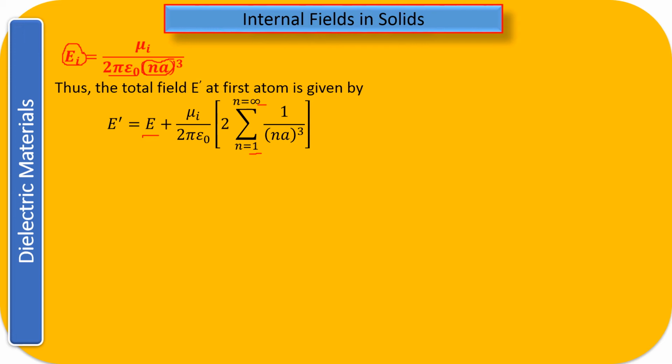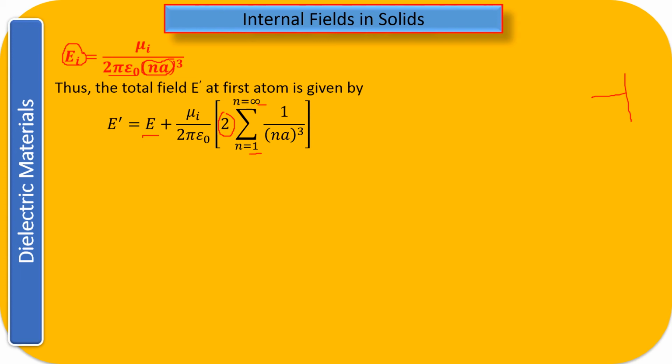So infinite number of atoms we have. And now this has been multiplied by 2. Why it has been multiplied by 2 is, let us suppose any atom X was over here. This was the atom X that you had taken, and you have calculated at a distance Na because of this atom on one side. Similarly, you have the other side also at a distance of Na, so this is also putting its influence on the atom X. So if we take both sides, from the symmetry we can just multiply it by 2. This is where the 2 in this equation has come from.